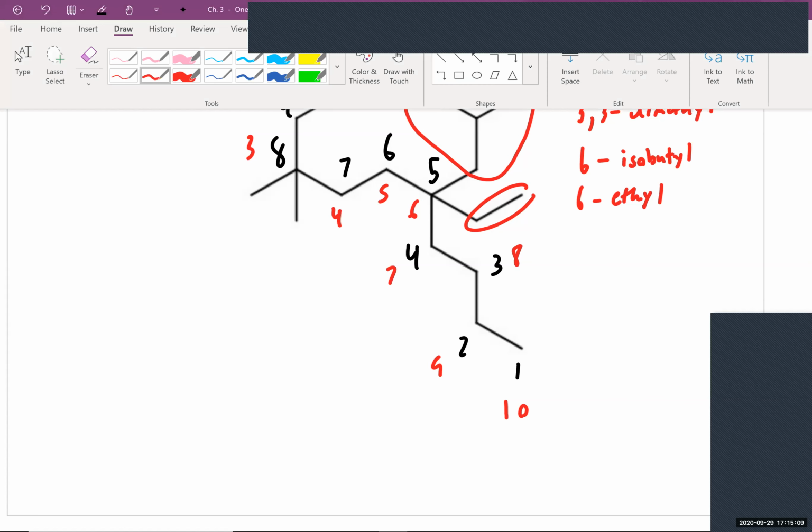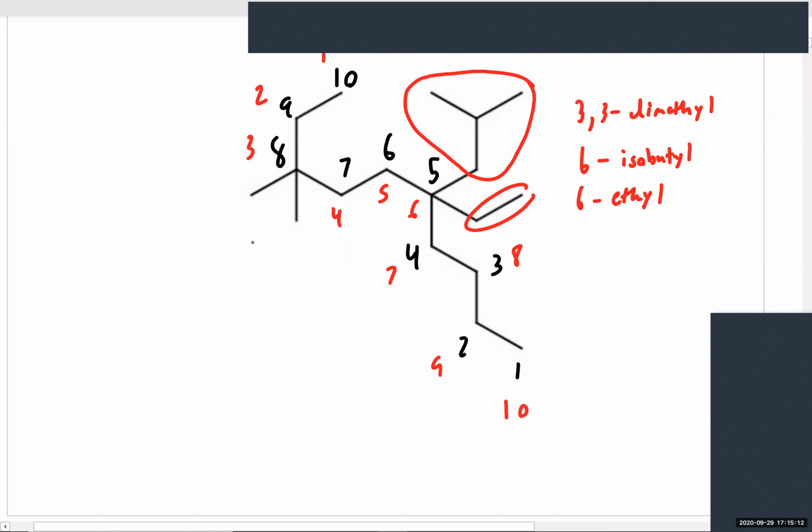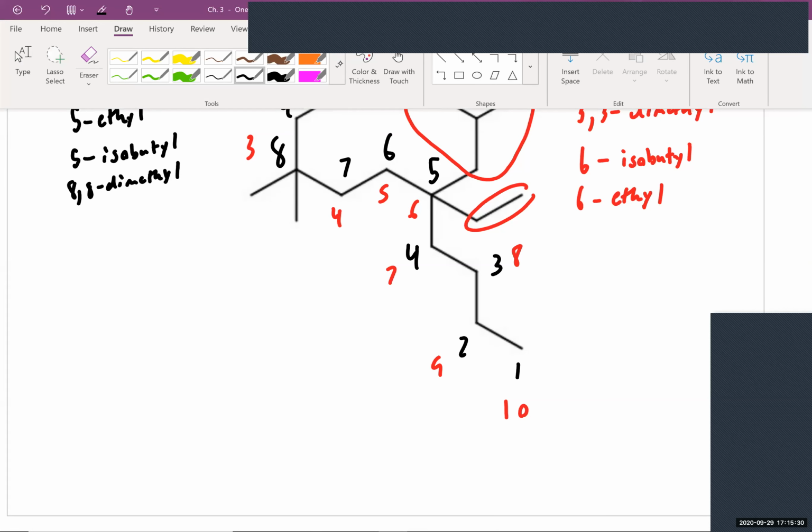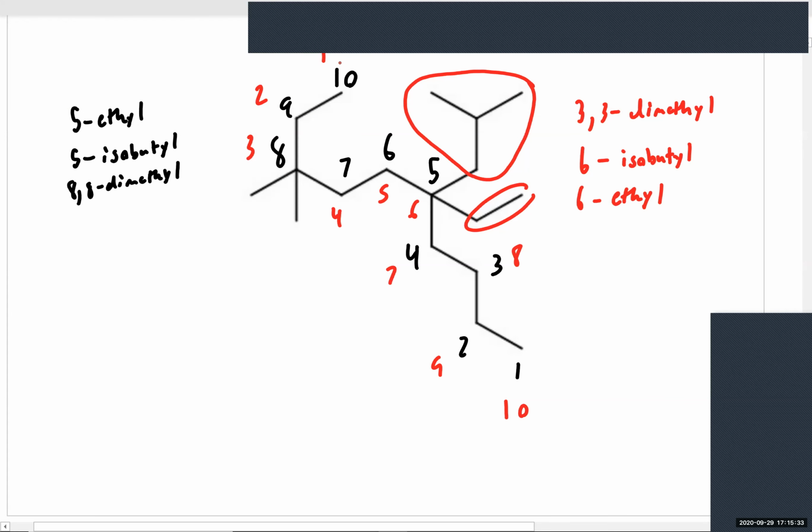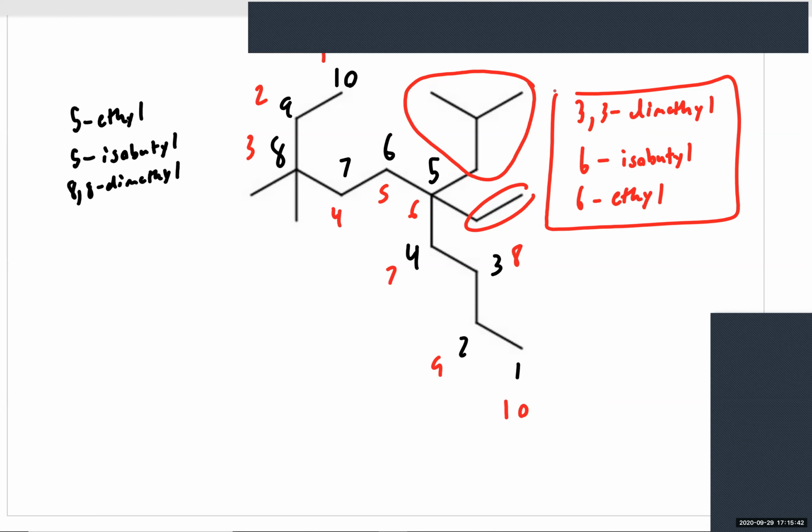Okay, let's compare to our numbering method in black. In this case, we have 5-ethyl, 5-isobutyl, 8,8-dimethyl. Okay, and which numbering method gives us the lowest carbon locant numbers? Red. Okay, perfect. So now all we have to do is just sort these side chains in